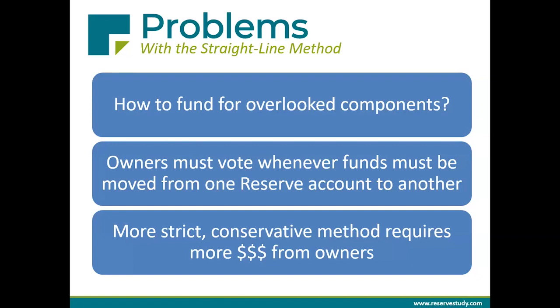Very reliably whenever we do this, and again, this is using a sample size of hundreds of reserve studies, we found that the average difference is about 200%. Okay, so I'll repeat that. That means on average, the exact same building, the exact same association would have to spend triple the amount of funding in reserves using the straight line method than if they were to pool their reserves.